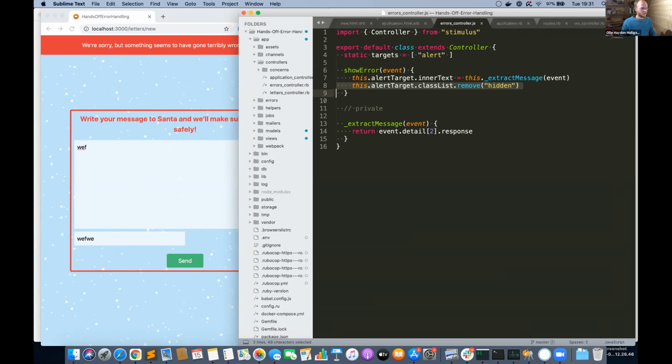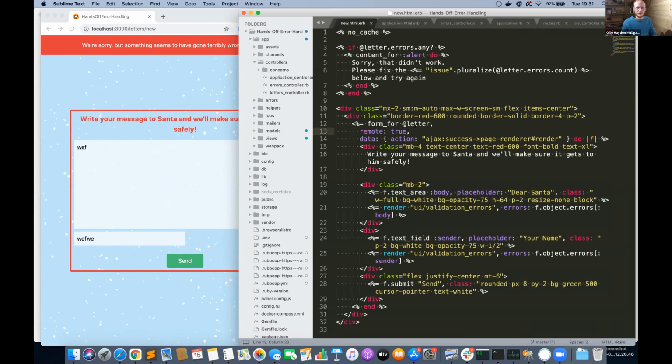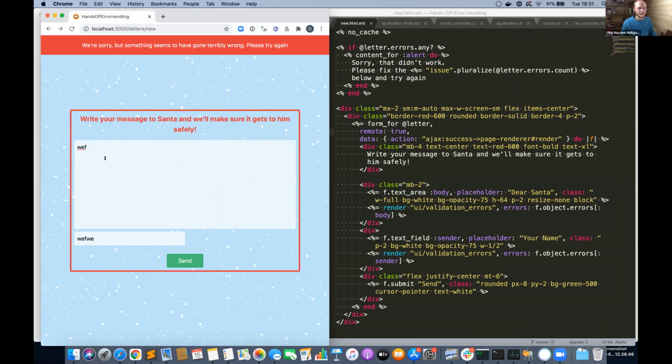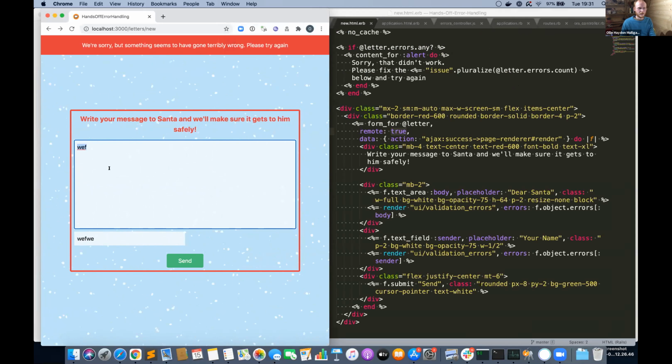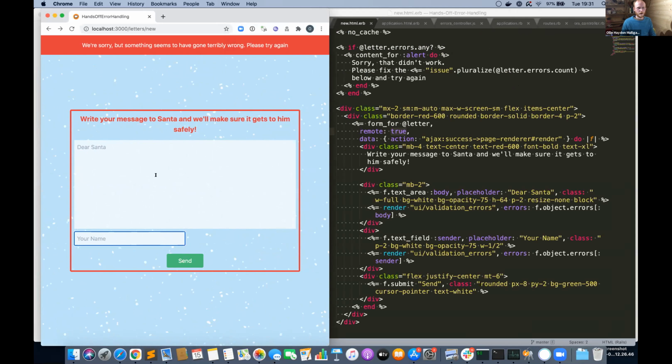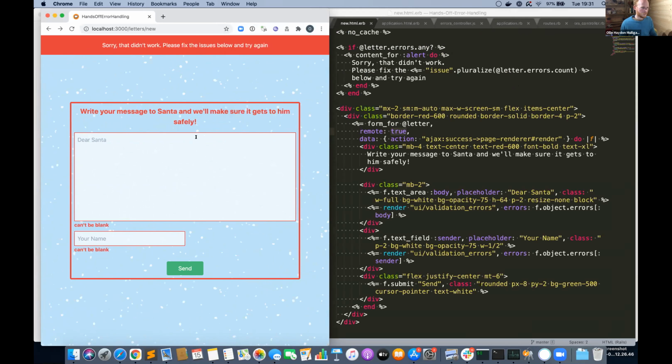So that's a smoother experience. Now there is a bit of a caveat here in that now that we've got an AJAX form, things when the letter is invalid become a little bit different. So in order to get this response with the validation errors,